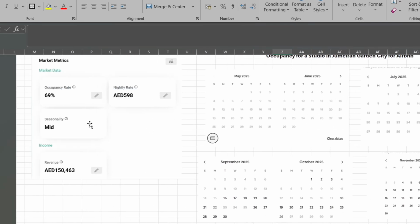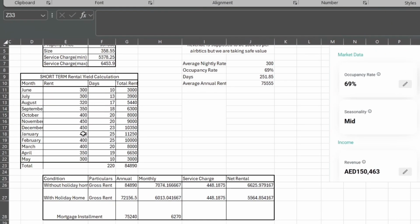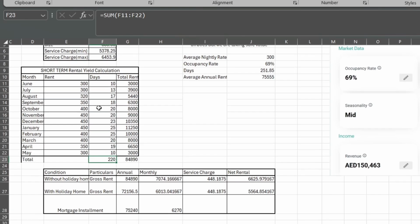So if I talk about the rates of each month, it is around 300 for June and so on till December and November, where it is the maximum, and the occupancy is also the maximum. So I've taken a safe rate of 23 to 25 days and the minimum is 10 days. So based on this calculation of 220 days in total of occupancy, the rent we would collect would be